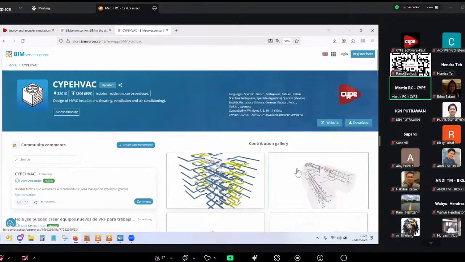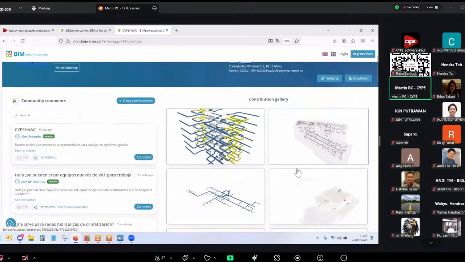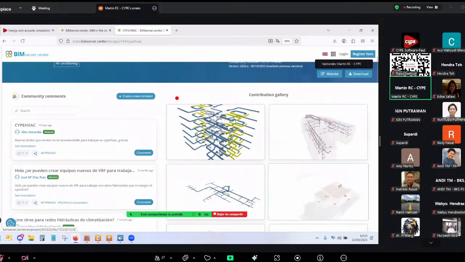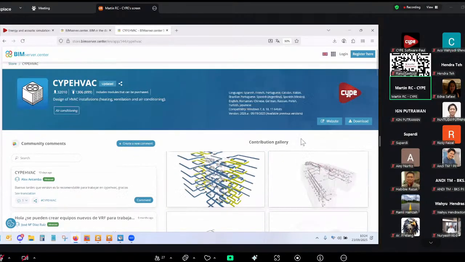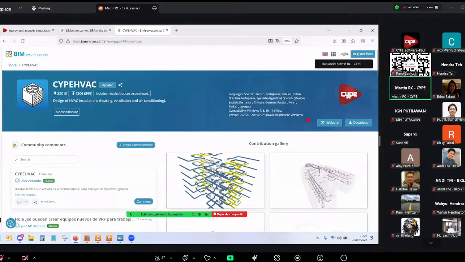If you have a client or a collaborator in another city and you do want them to see your work, they don't have to own the program. They just have to access this platform and it's free to use, right? And again, important. So again, I will repeat,